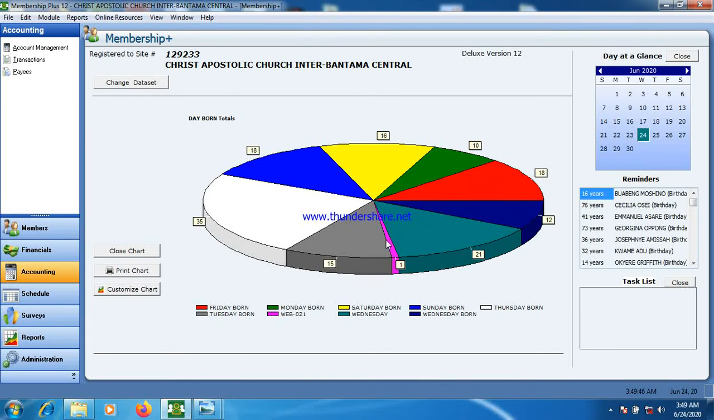Hello viewers, today I'm going to introduce you to a complete church software that can manage your church. This software is designed to manage all kinds of churches. It doesn't matter the name of the church. It is universal and is the only software that can communicate